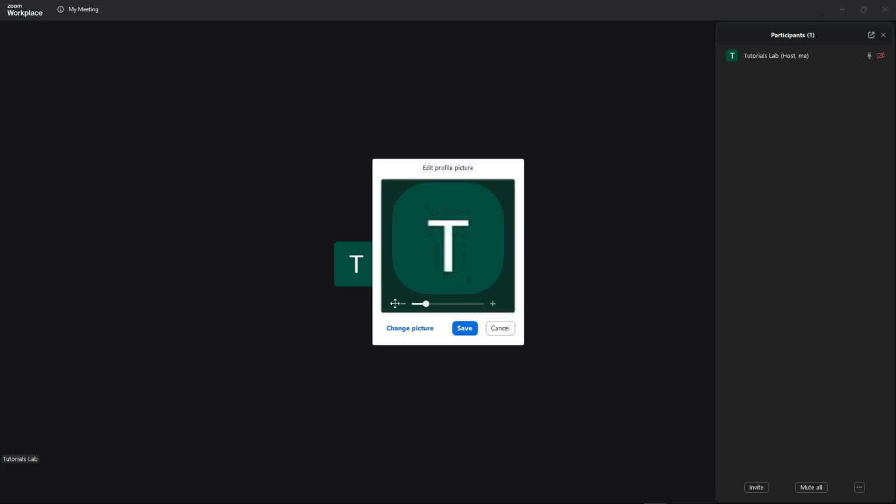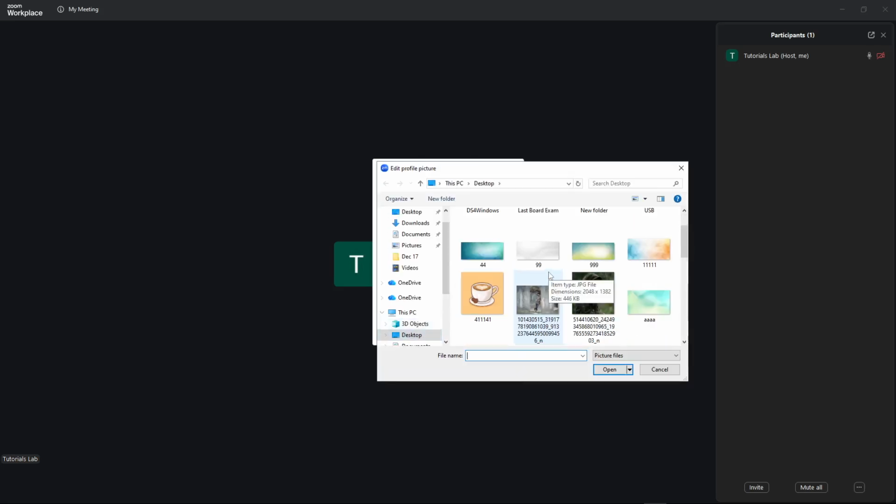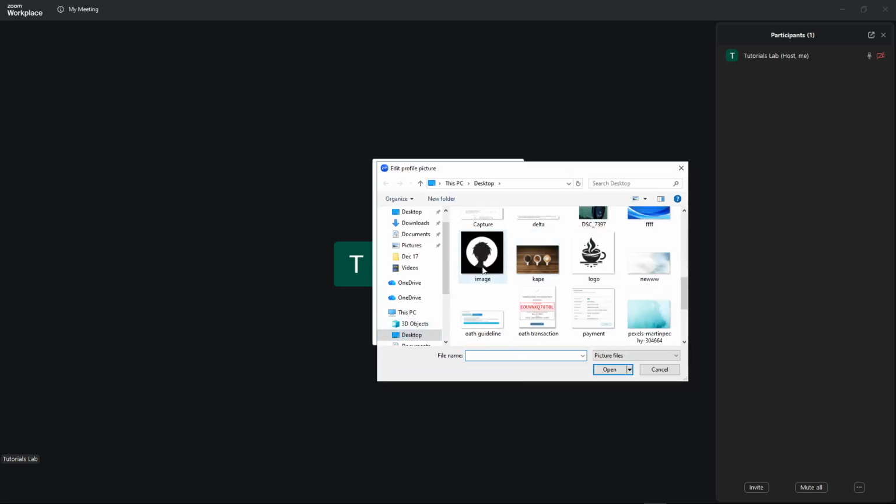A new window will pop up showing your current profile picture or placeholder. Look for the button that says Change Picture and click on it. This will open your computer's file browser, allowing you to navigate through your folders and select an image. Browse to the location where your desired profile picture is saved, click on the image file, and then click Open